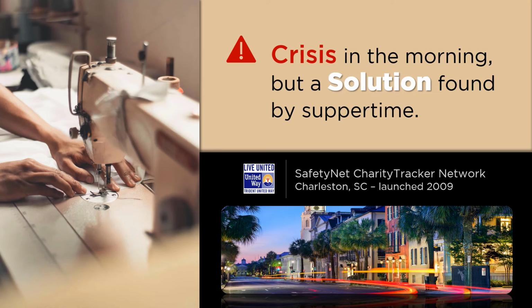Kathy is also the network administrator for our largest care network in the country, which includes 300 organizations and 900 caregivers. A middle-aged woman walked into a church early one morning seeking assistance. She said that all her income came from a small sewing business that she operated out of her home. Much to her surprise this morning, her only sewing machine broke down and could not be fixed. So she was seeking help to buy another sewing machine as soon as possible. She was fearful that a loss of income would impact her family.